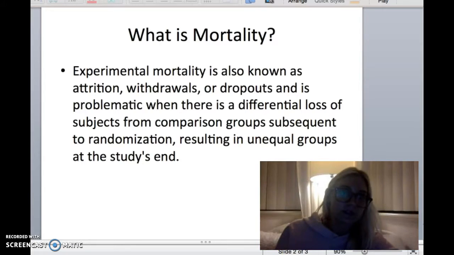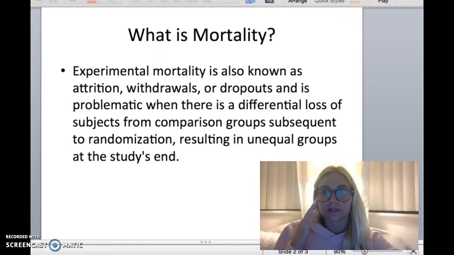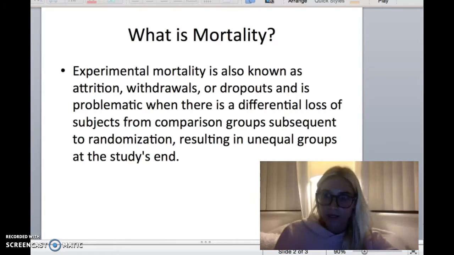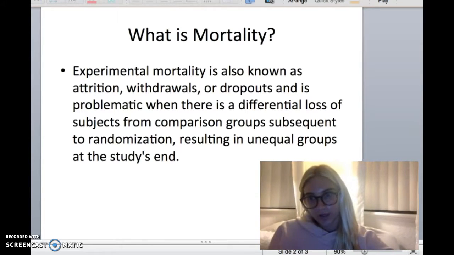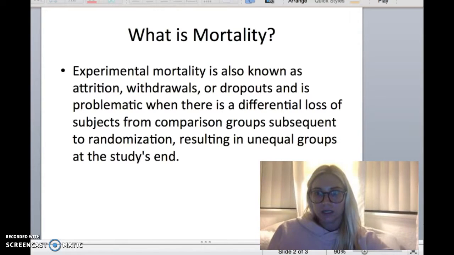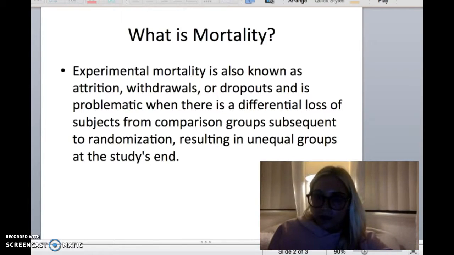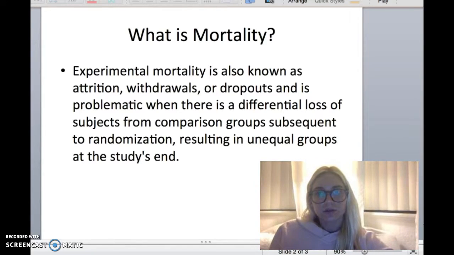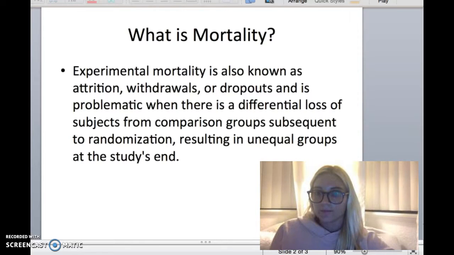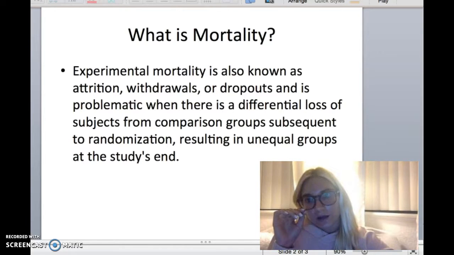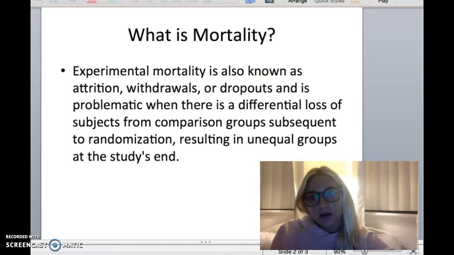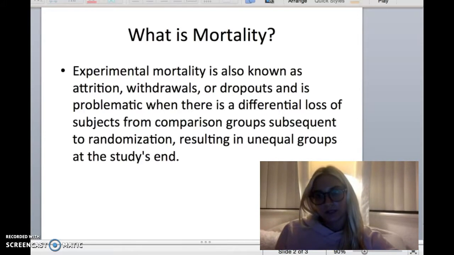To reiterate this, experimental mortality pretty much involves any subject who has been enrolled in a study and randomly assigned to a group, but is not included in the analysis for any reason. Participants may be excluded from the analysis for a number of reasons, including ineligibility, subjects admitted to studies because of clerical or diagnostic errors, or non-adherence to the study protocol by either subjects or researchers, or poor or missing data